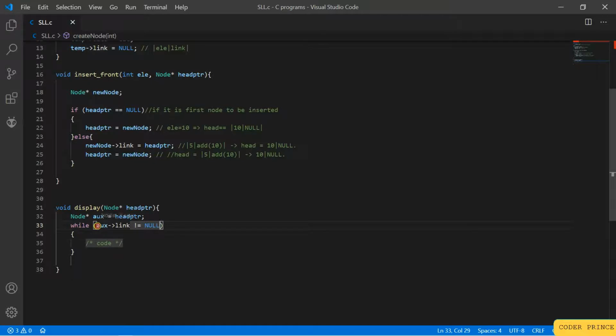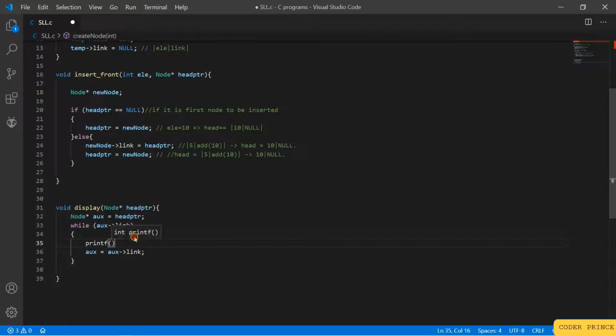Also we can check this against its truth value. If it is null or 0, this truth value will be 0. Anything other than those values, it will be 1. So until this is true, meaning until the link exists, we will tell the loop to continue, right? So we'll just say while aux of link. What we need to do is iterate through the next links, so we need to travel to the next node. From 5 we need to travel to the 10, which is the address of this. So we will refer to that, but before we travel we need to print that, right?